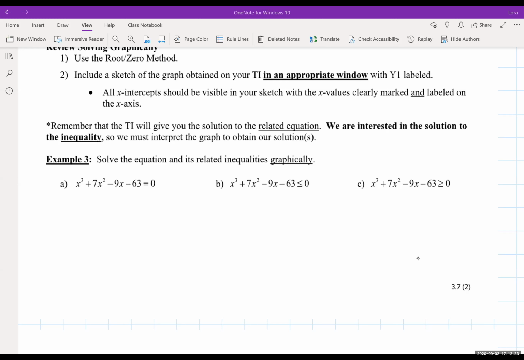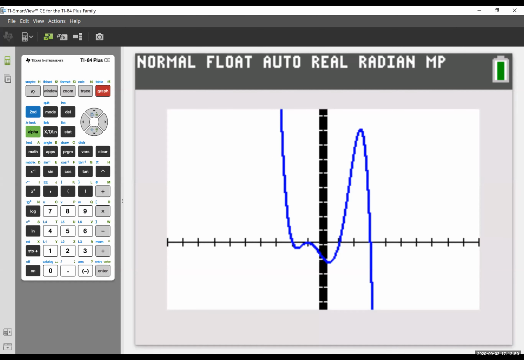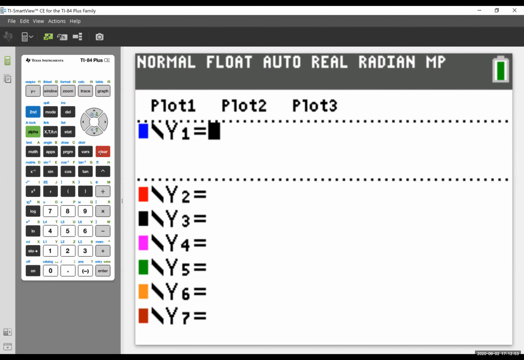So we're going to pull out our TI and remind ourselves what we're typing in to the TI. I have my previous example there, so I'm going to go back to my function editor and clear out whatever I had written in earlier. I should be looking at typing in x cubed